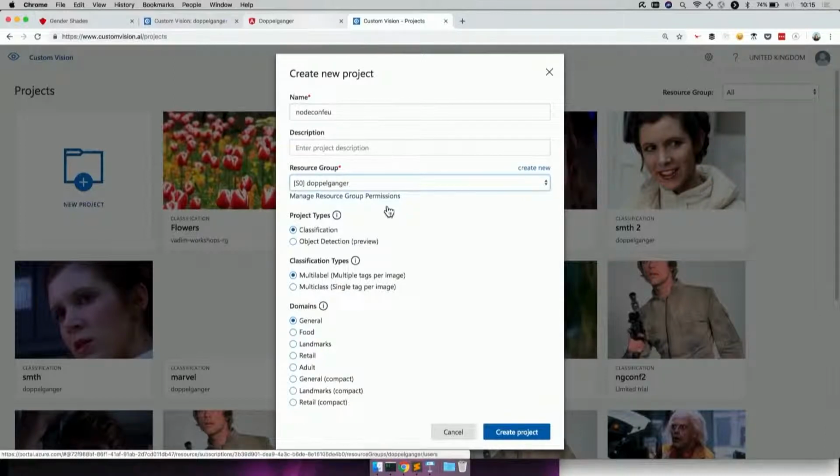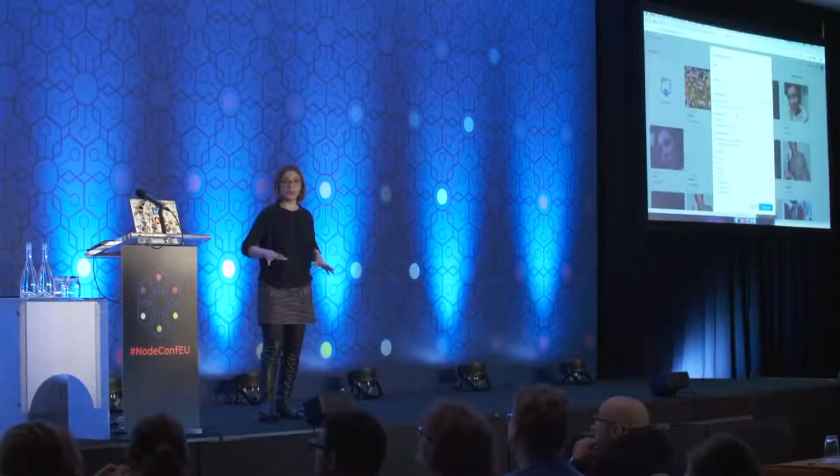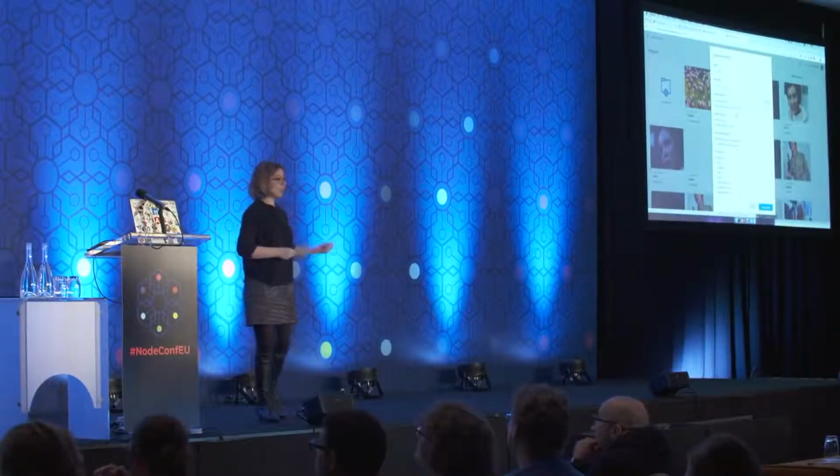it will ask me what kind of domain do I want to cover. So you'll see there project types and classification types. We don't really care about that one. But when it comes to domain, for example, if you're going to build the typical not a hot dog application, you're probably going to want to use the food domain, because that means that the pre-existing model that we're going to use for this application is actually trained on a lot of food pictures. So it will perform so much better. In my case, there is no domain for 80s characters, so I'm going to have to go generic and hope